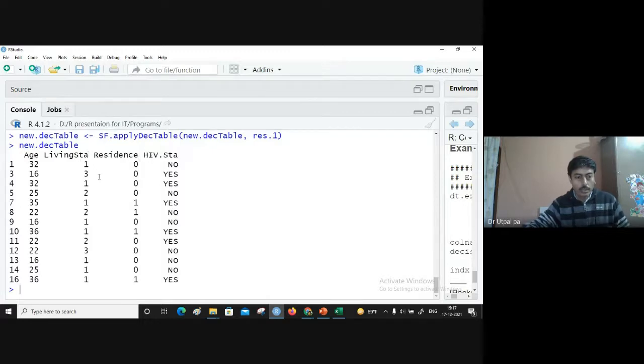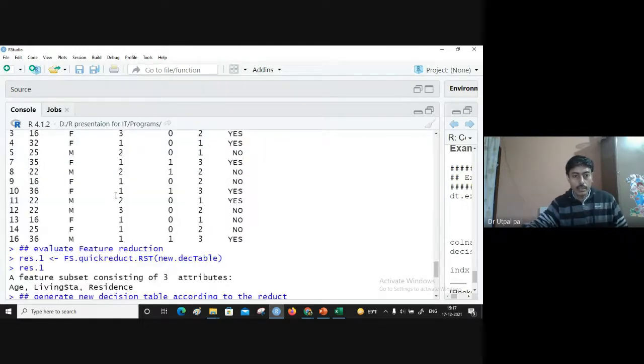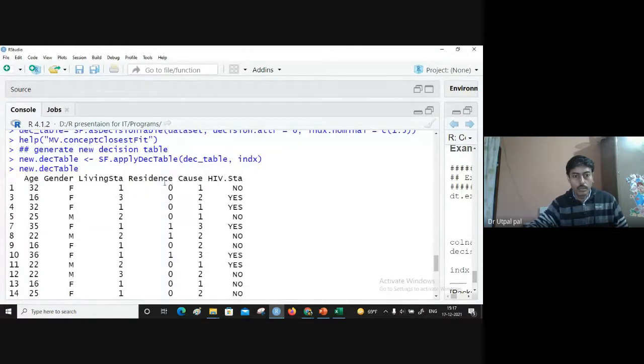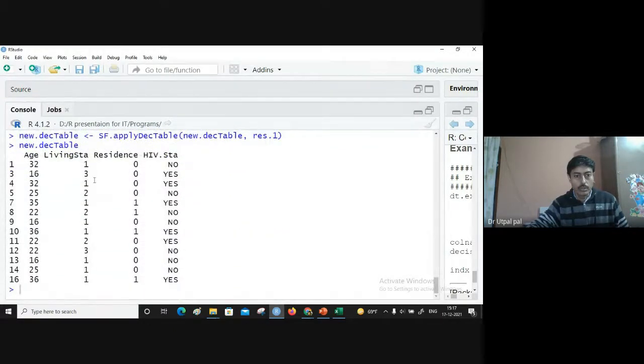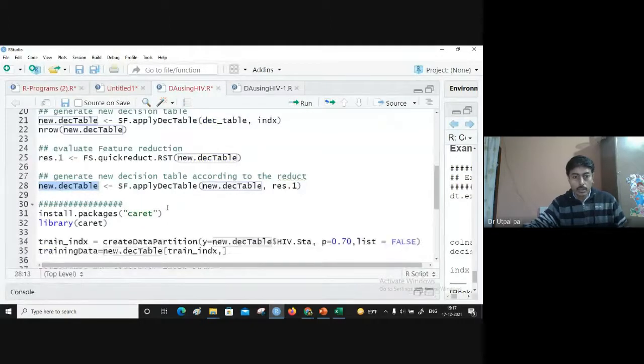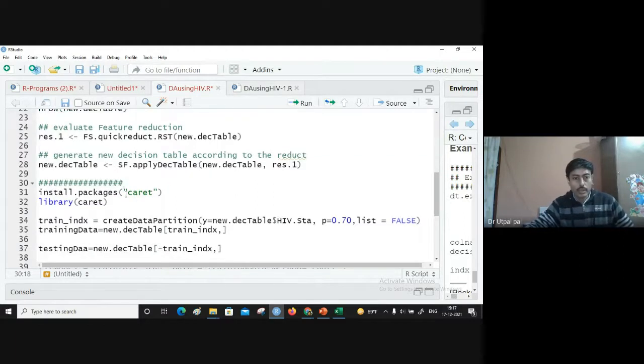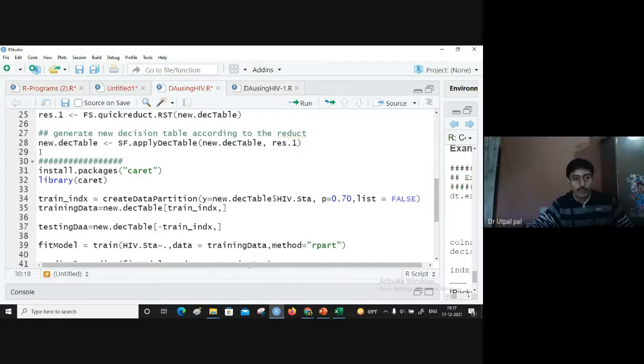Earlier in the table we had 6 columns. Now after reduction we have 4 columns. These are the most important columns, and the remaining ones are just placeholders or maybe anomalies or something like that. Okay. After that, now we have the data.